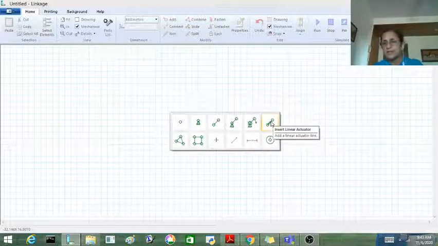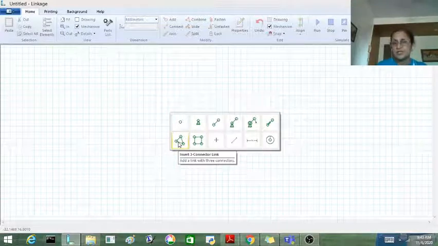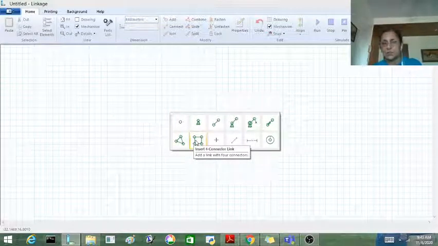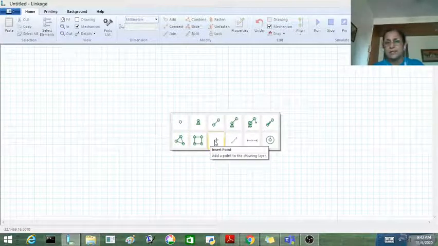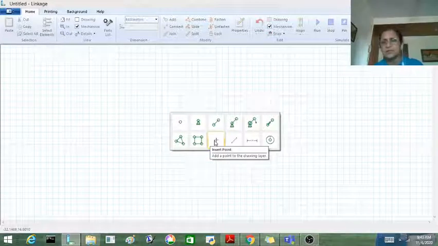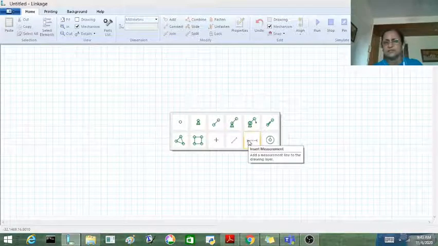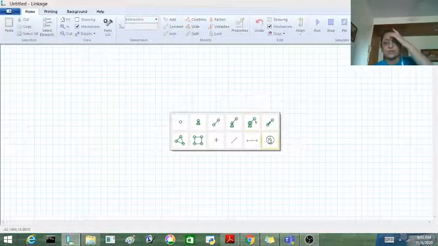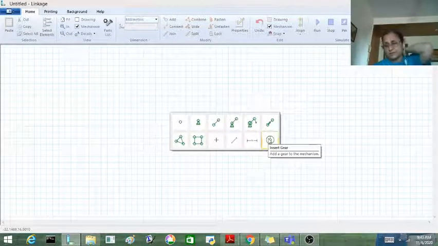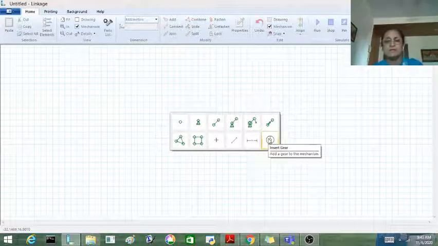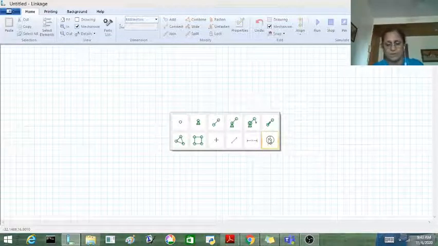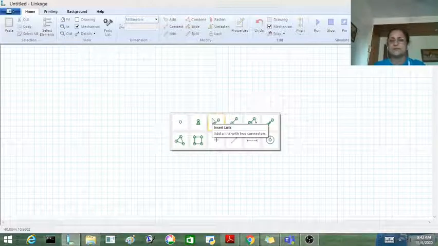Then this is a link where linear actuation is given. This is a tertiary link and this is a quaternary link. Then you can insert a point in the layer, or a line, etc. There are some other tools also available, and a gear is also available. We will see a few of them one by one. Okay, so let us start from the basics.